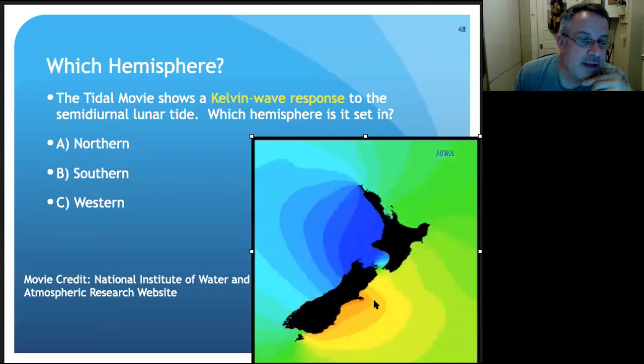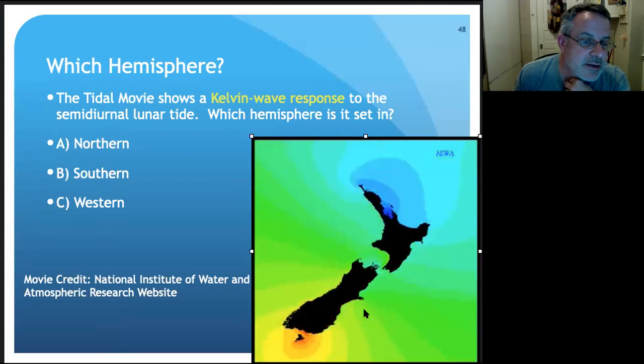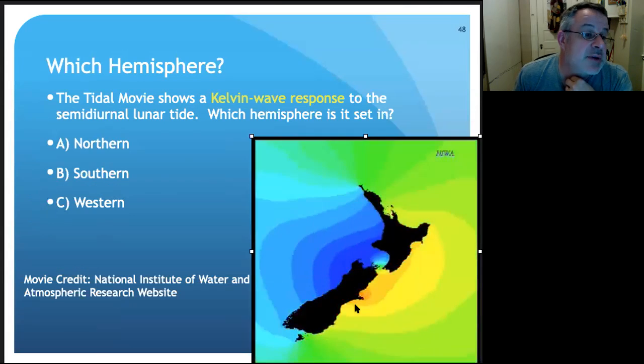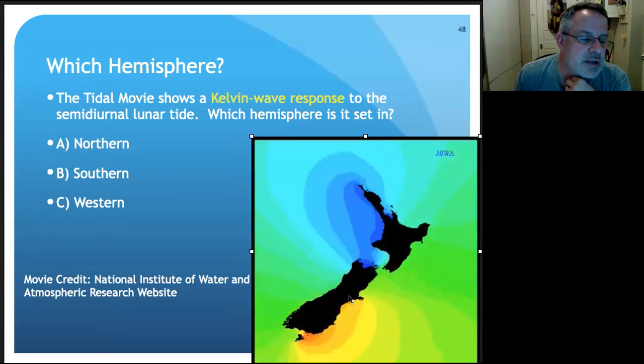Here's an example of Kelvin wave propagation, looking at the tides running around New Zealand. You can see, oh wait, why is it going the other direction? It's got the coastline on its left. It's because it's in the southern hemisphere. So the geostrophic decay that we talked about flips to the other side when f is negative.